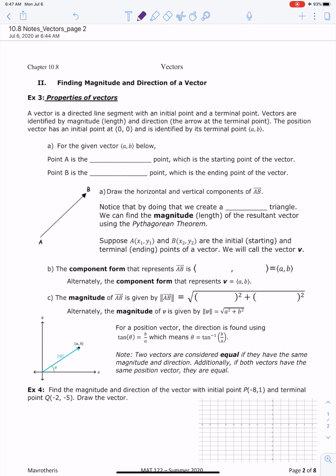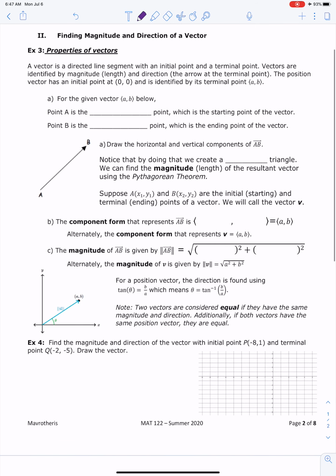And so, like we said on page 1, a vector is a directed line segment, which means direction matters. It's different if I'm going from home to the school versus if I'm going from the school to home. I've got different reasons for doing that, and different things happen when I get there. It's the same thing here with vectors. Direction is important. So we have a position vector